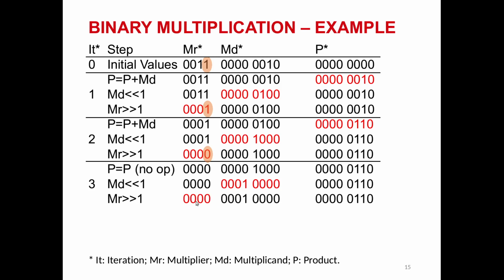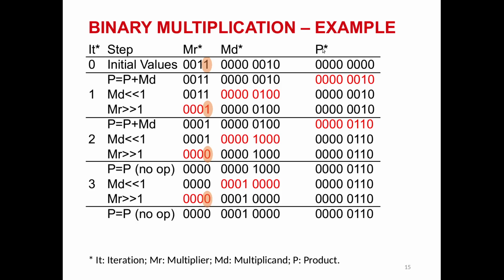Multiplier, shift one more bit further to the right, and in this case one more 0 will be added here, and this 0 will be removed, so the result is still 0 for multiplier. And again we know that the value of bit 0 for multiplier is 0, and so we will make no change to the value of product, and so the product keeps the same value, that is number 6 in decimal. And of course in this step 4, we will need to shift